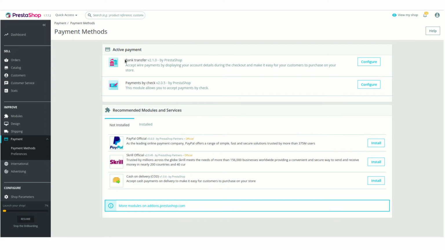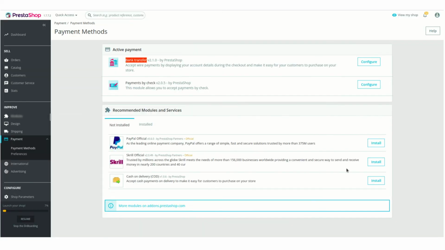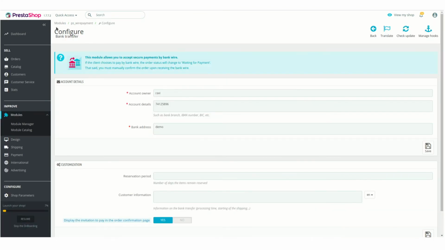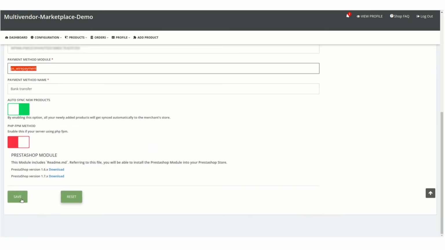So you simply copy this payment method and paste it over here as you can see, as bank transfer. And when you click on the configure part, this is the module name that you need to copy and paste over here in payment method module, and simply save these settings